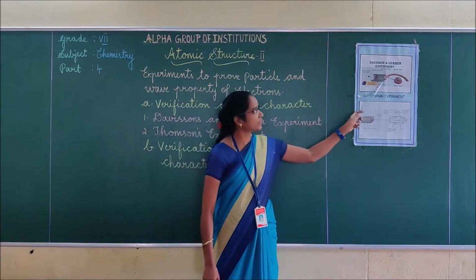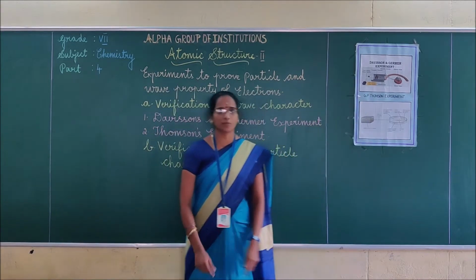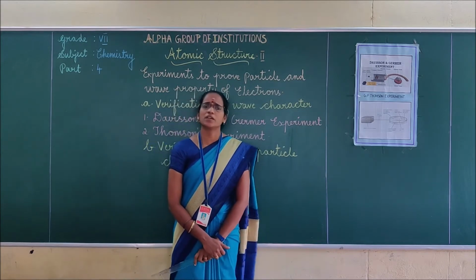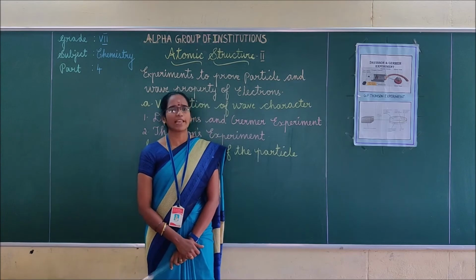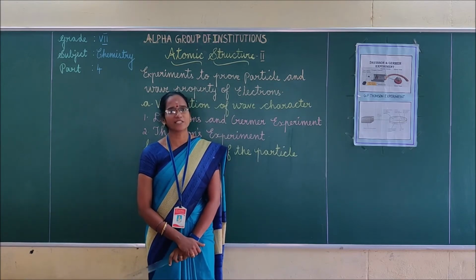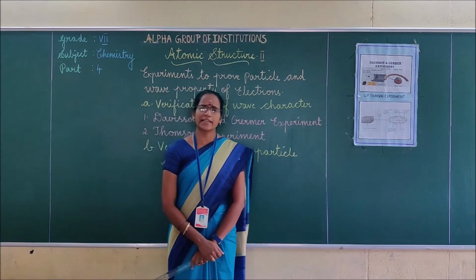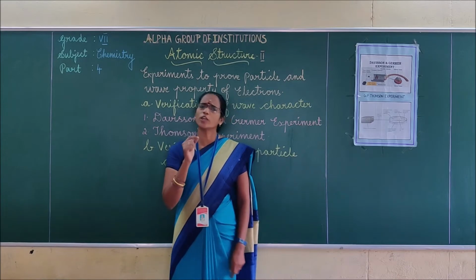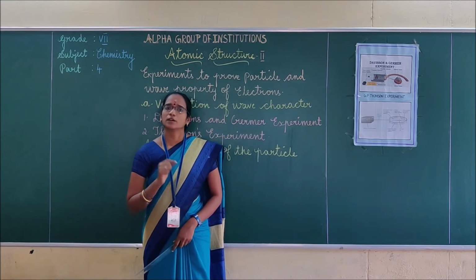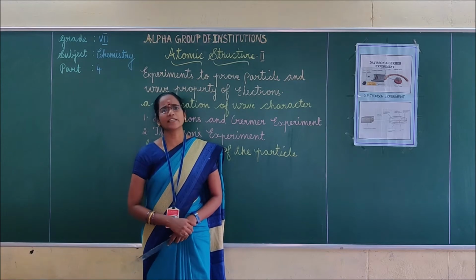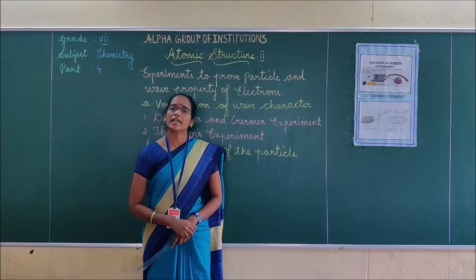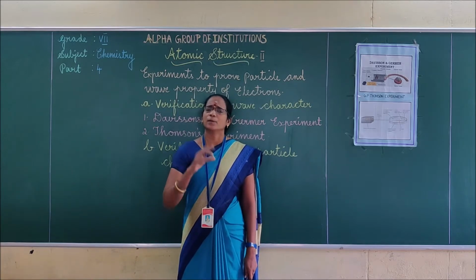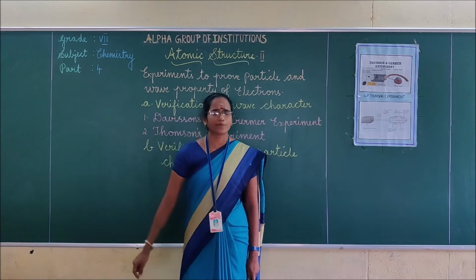So this is the experimental setup of Davisson and Germer. In 1927, Davisson and Germer observed a beam of electrons from a heated tungsten filament, accelerated by using a high voltage power supply. What do you mean by beam of electrons? A beam of electrons is nothing but parallel lines of electrons, whereas accelerated means begin to move very quickly.